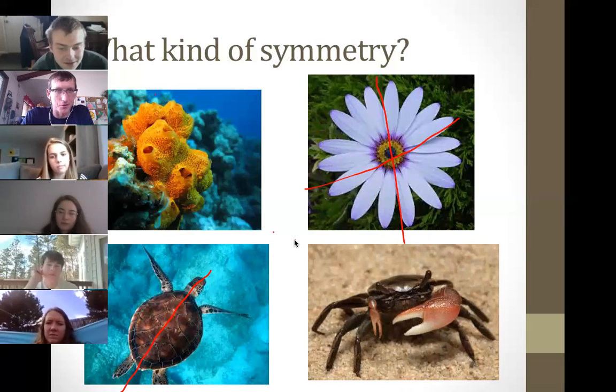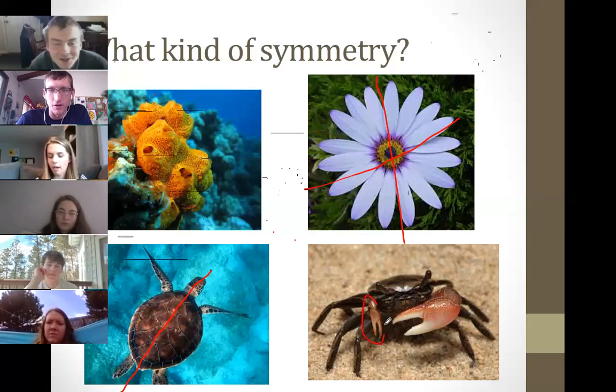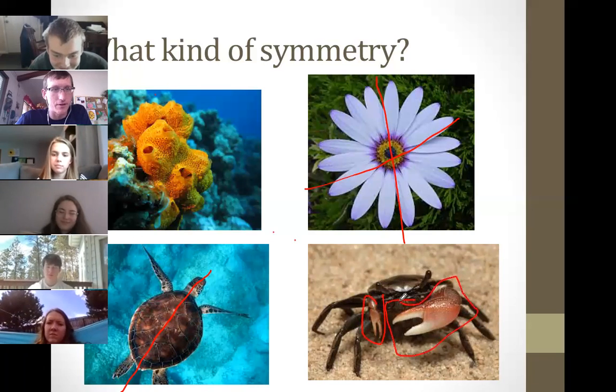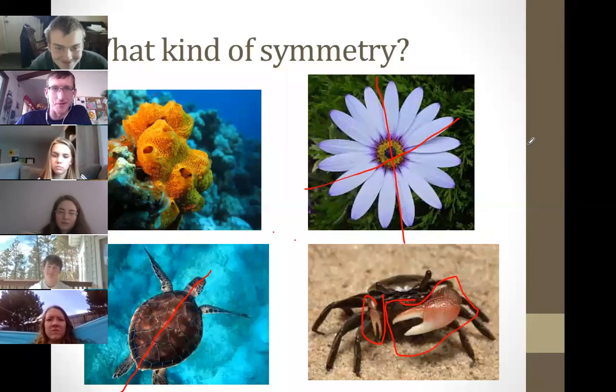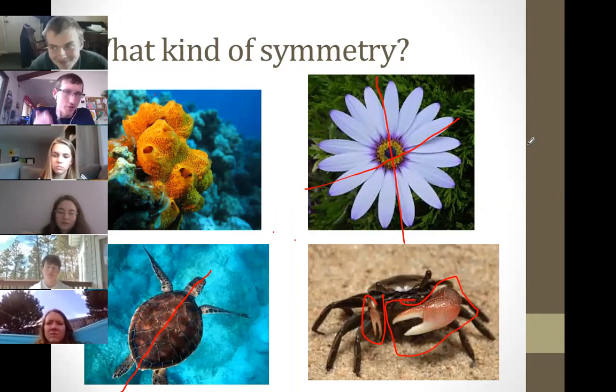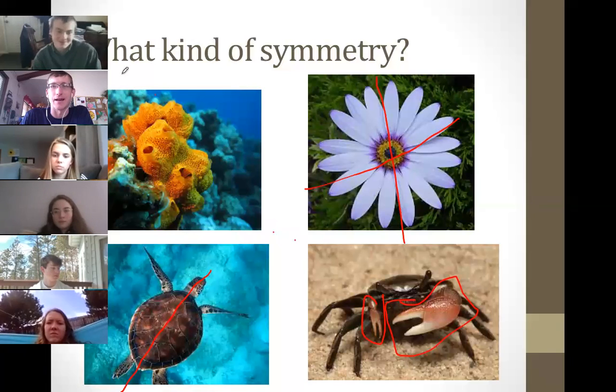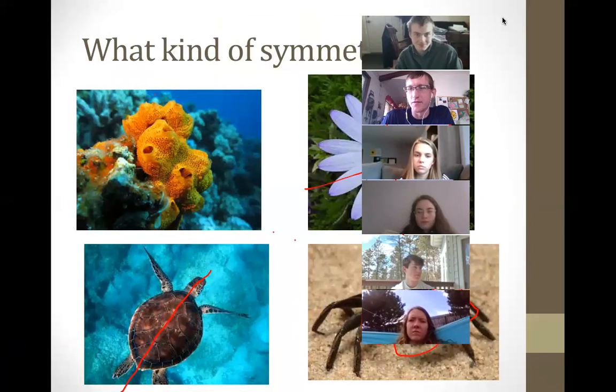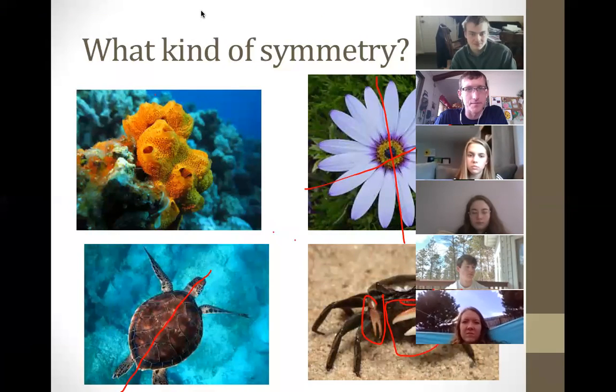He looks asymmetrical, right? Without symmetry, because he's got this goofy little claw and this big old claw. What kind of crab is that, ocean goers? I'm afraid of the ocean and everything in it. What do you think it is? Any of you kids been to the ocean? Yes? But you didn't pick up any little fiddler crabs? That's a fiddler crab, I guess. And he's got one little tiny claw and one big claw, so he's not perfectly symmetrical. But again, bilateral symmetry, paired organs internally, that kind of stuff's all the same. So that's a fiddler crab. I just did that as kind of a trick. I'm sorry, that was mean.